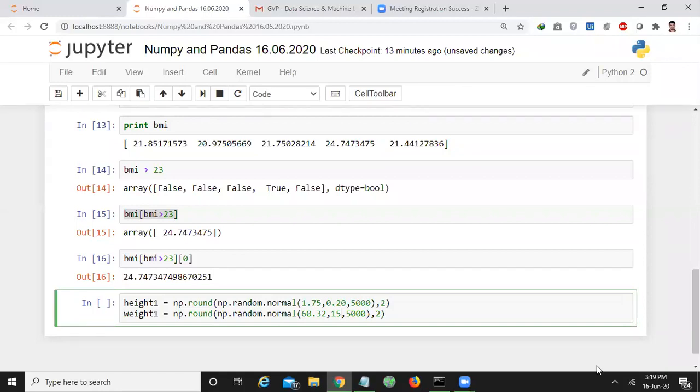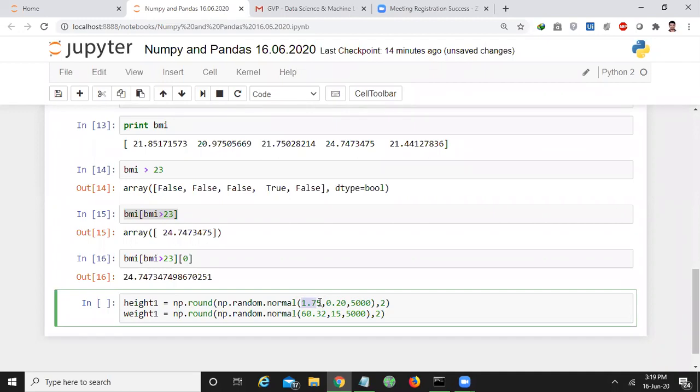So what is the meaning of this actually? Here I want to create an array called height1, which contains some random values. Those random values' distribution mean is 1.75.